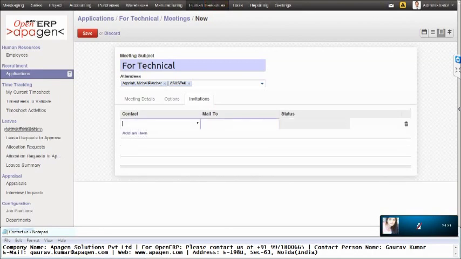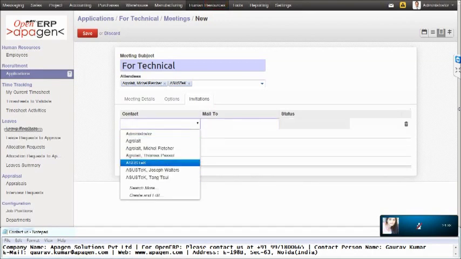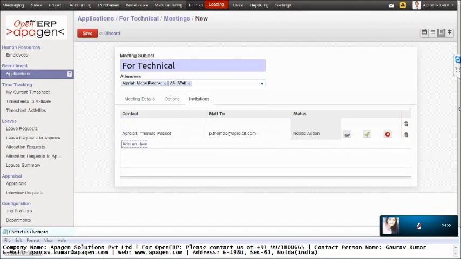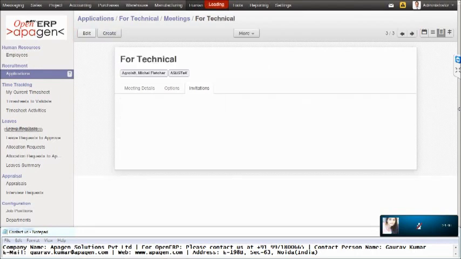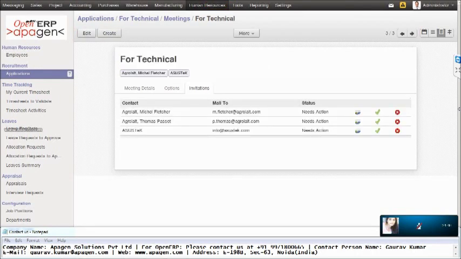Here you can add any contact person whom you are inviting for the particular meeting. Like I added, you can add more than one person also. As soon as you select the contact and save this meeting, an invitation will be automatically sent by OpenERP to these particular email IDs for the meeting. You don't have to send the email yourself, OpenERP automatically sends the email to these